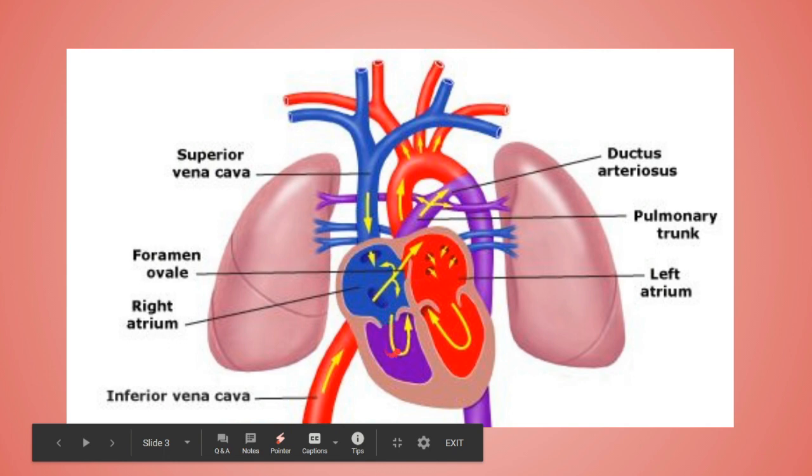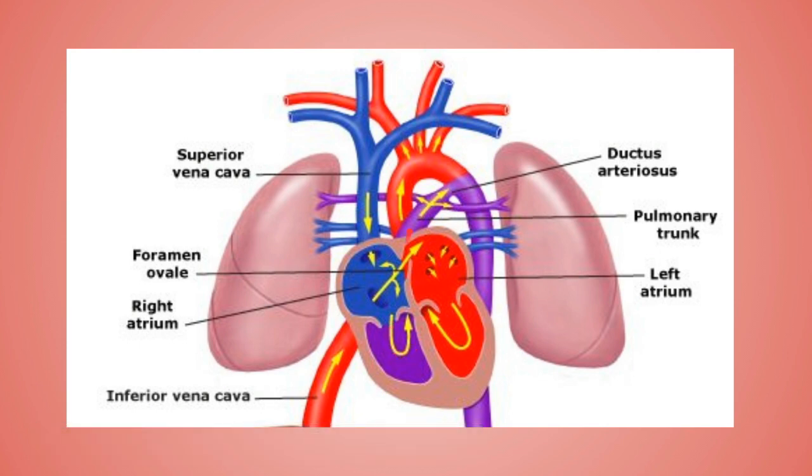So now what happens? This comparatively less pure blood will now move from the right ventricle, as we all know, to the pulmonary trunk. Now this is the pulmonary trunk, right? Now what happens over here? From this pulmonary trunk, I told you before, we have one more shunting vessel over here, that is the ductus arteriosus. Now what will this do? This ductus arteriosus will shunt the blood from the pulmonary trunk into the aorta, as you can see. This is the pulmonary trunk, this is the ductus arteriosus. So this will shunt the blood from the pulmonary trunk towards the aorta.